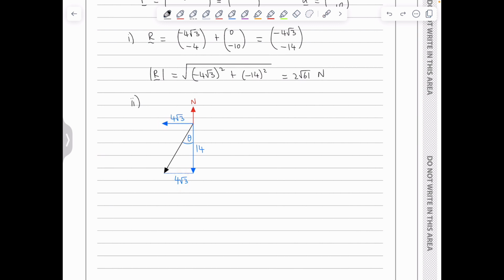And therefore we can simply say that tan theta is equal to 4 root 3 over 14. And therefore theta will be found by doing shift tan of 4 root 3 over 14. This gives an answer of 26.3295... Remember, we're trying to find the bearing, so from the north, turning clockwise until we look at the direction of the force. So we need to add 180 to theta. So we conclude that the bearing will be found by doing 180 plus the 26.3295... Remember, we were asked to give our answer to the nearest degree, so the answer should be 206